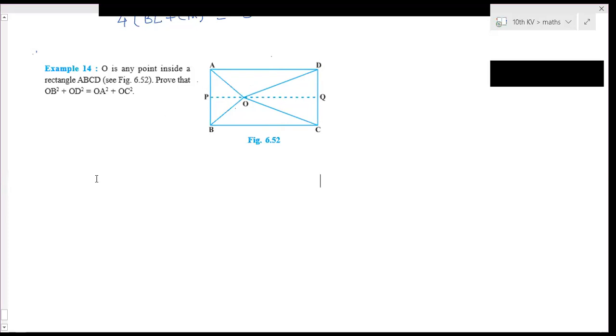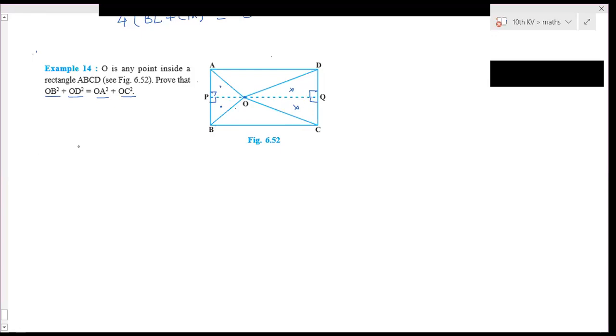And then we have to use, here we have to draw a line PQ passing through O parallel to BC. So therefore, if B is 90, that means P will be 90, and Q is also 90, because these are parallel lines. So co-interior angles are supplementary, or corresponding angles are equal. So this way we will get angle P as 90 degrees. Then there are 4 right triangles. We write the Pythagoras theorem for all 4 triangles, because we need OB, OD, OA, OC, which are the hypotenuses of those 4 triangles.